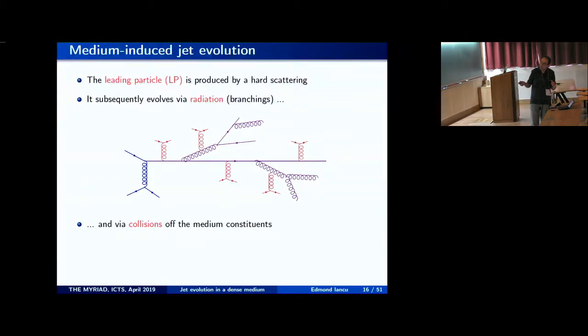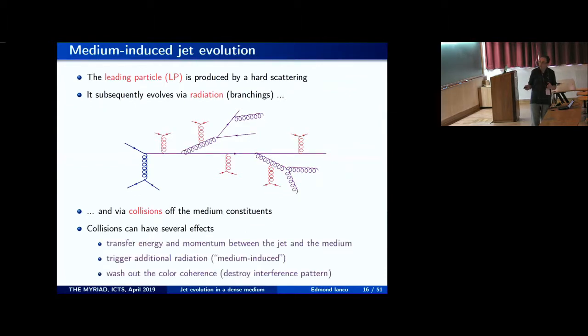The leading parton or the produced partons can all scatter. And this collision with the medium constituents has several effects. They can, of course, transfer energy and momentum between the jet constituents and the medium constituents. They can give additional acceleration, that is, they can trigger additional radiation, because each of these collisions acts like the